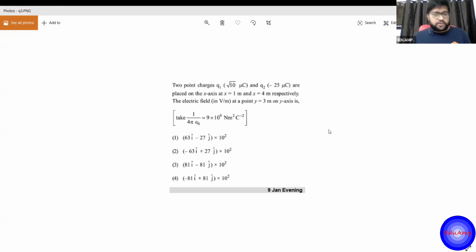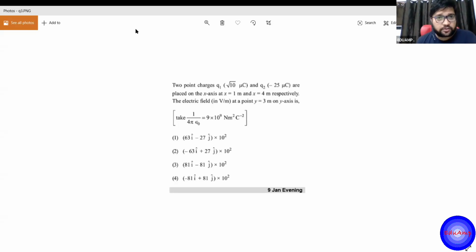Okay. See, I'll explain this question. Until now, whatever we have done, I hope that you must have got. We have simply applied Coulomb's law, right? Now, the same thing can happen in two dimensions, like this question. I'm explaining this question, and then you have to do the calculations.